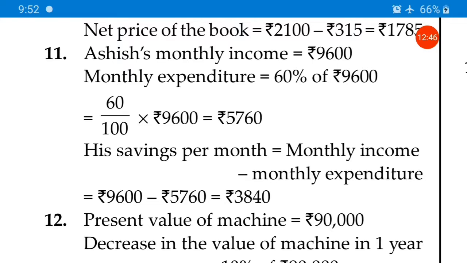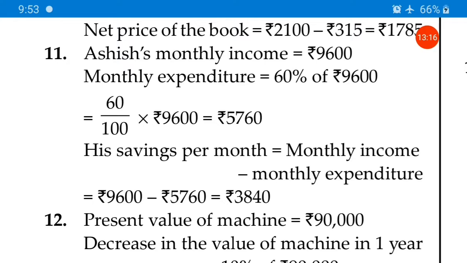So here 60 upon 100 multiply 9600, so it is 5760. His saving per month is monthly income minus monthly expenditure. So monthly income is 9600 and monthly expenditure 5760, we subtract, so we'll get the answer